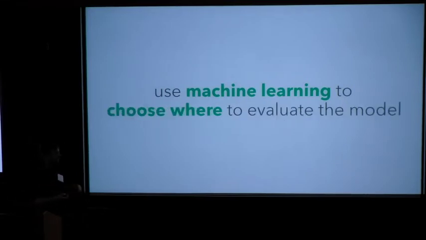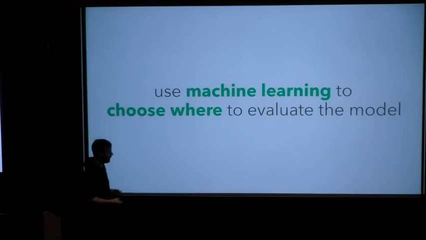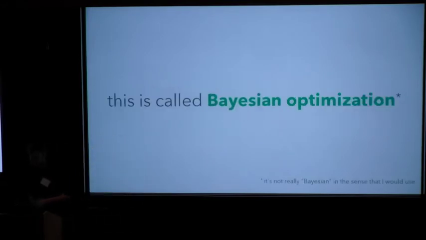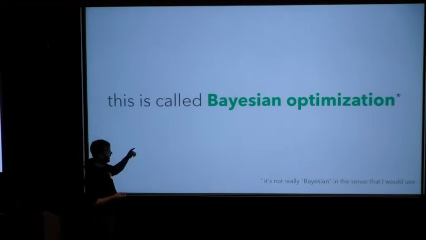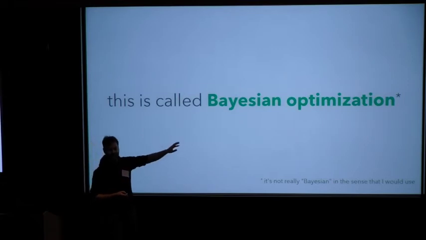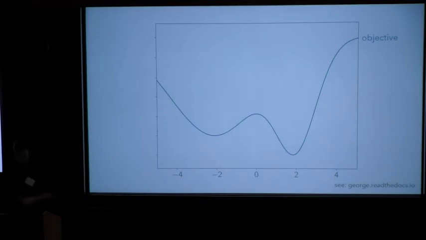And it might also help you choose where the best place is to evaluate, to run your full model as well. So the key word from the literature for this kind of thing is Bayesian optimization. It's a terrible name. There's really nothing Bayesian about it. I'm happy to chat offline about where this comes from, but this would be the kind of thing to search for. This is the key word. And I just wanted to show a quick demo of how this might work in a very simple context.